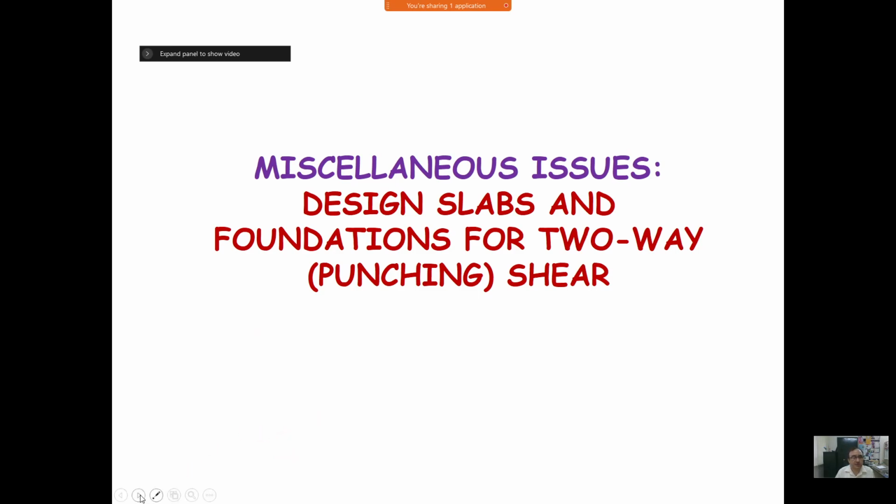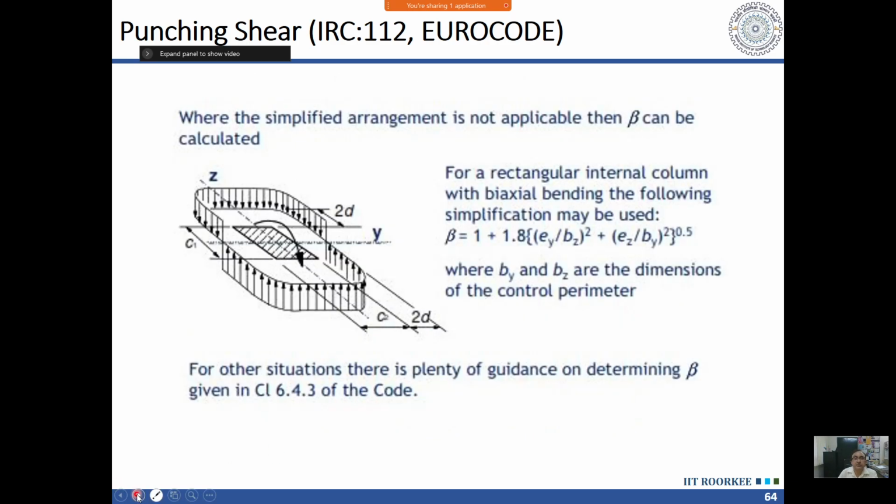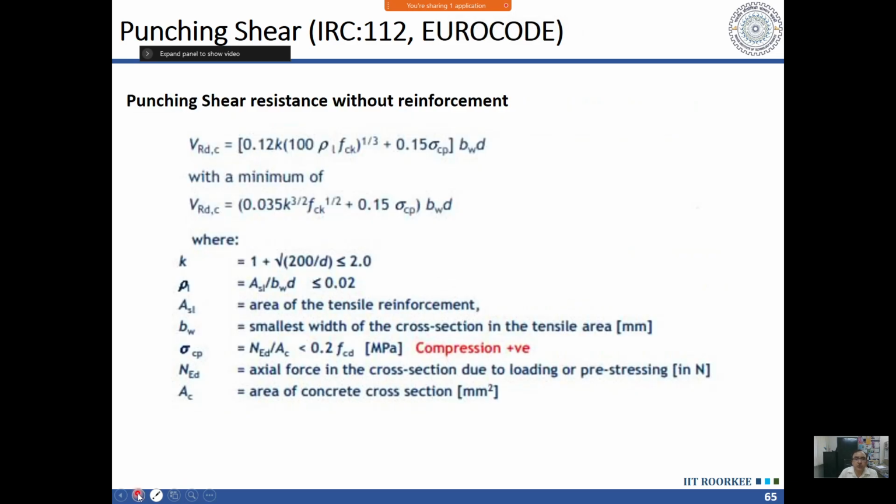Okay, this is another issue which is not properly or in full detail given in our codes. The railway code talks about punching, but it does not talk about moment, because usually our piers, when those will be supported on foundations, will not only have vertical load, those will also have moment. On the other hand, the IRC code considers moment and tells how we can calculate the capacity in punching shear when we are considering the moment. That procedure is given, taken from Eurocode.